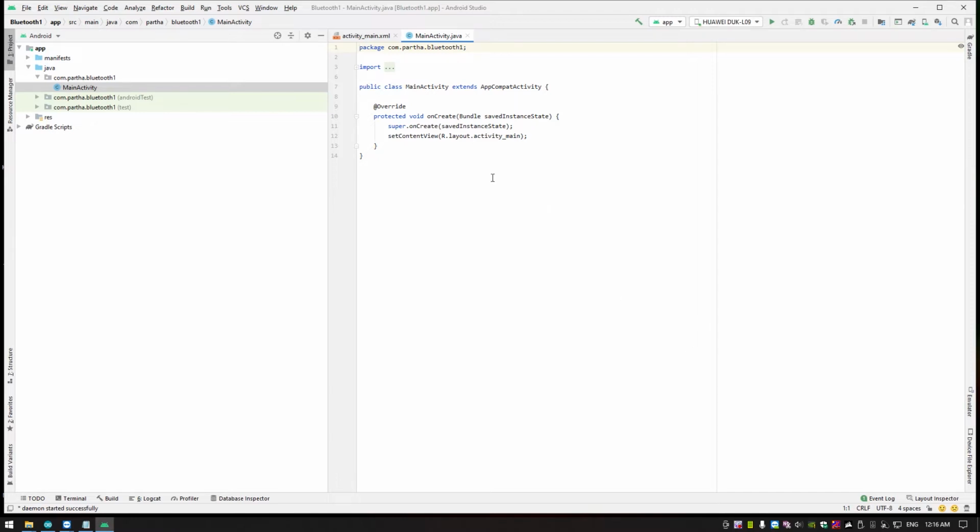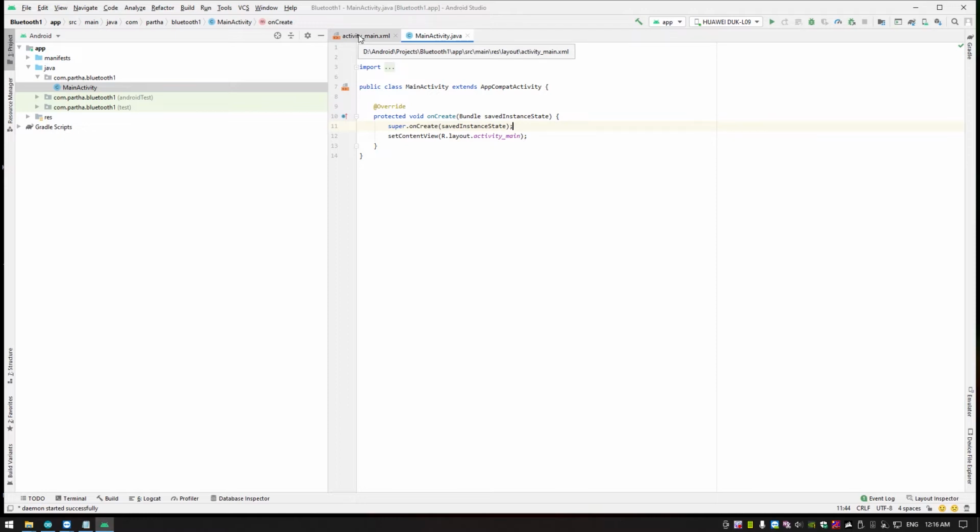So there are two kinds of Bluetooth protocol. One is Bluetooth Classic and the other is Bluetooth Low Energy (BLE). In this tutorial, I will only use Bluetooth Classic because it is very good for high throughput and continuous data streaming. A Bluetooth can only pair with a maximum of 4 devices.